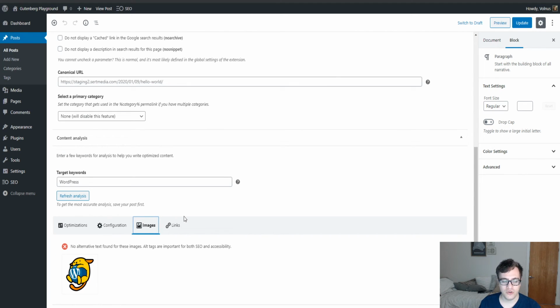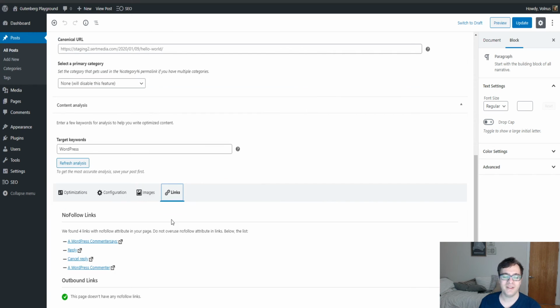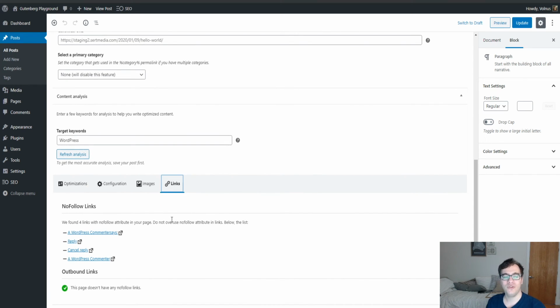You could then also go to the image section. Oh, hey, your image doesn't have an alt attribute. That's good. Oh, but it's an image from a gravatar. And the gravatar is not something you can easily control anyway, so I don't think that works. Or the links. The links are flagging the comment links. These are things that should only be flagging in the content, but they're flagging content outside of your actual post,